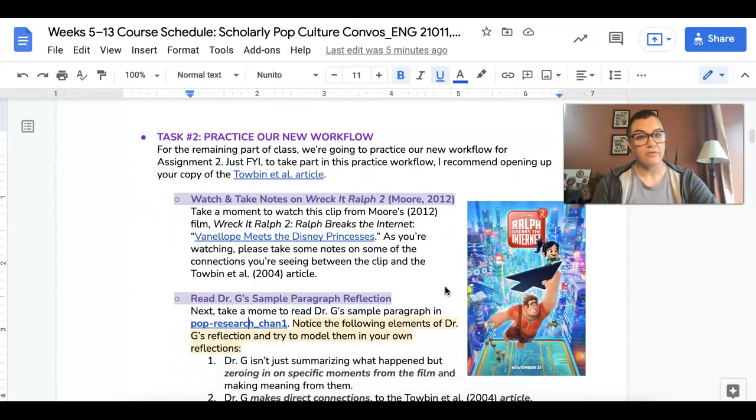We're going to practice this workflow, and we're going to do it first by engaging with the Tobin et al. article that we read in Unit 1. So just make sure you have that document open because this is going to ask you to do that, right? It's going to ask you to engage with that article again. So we're going to start by watching,